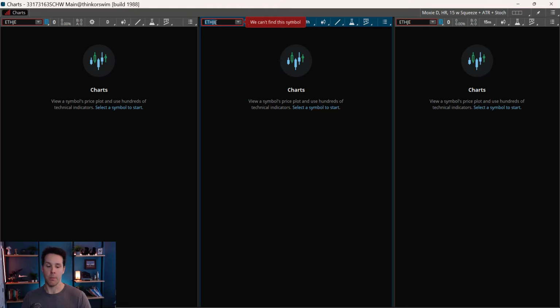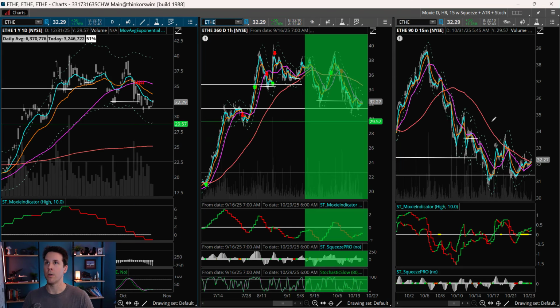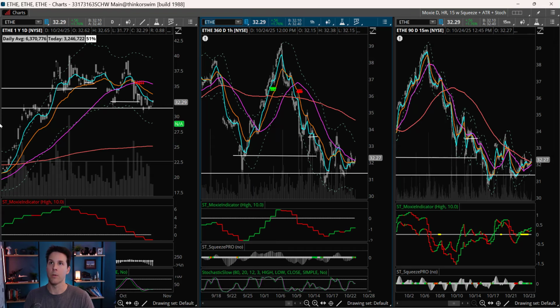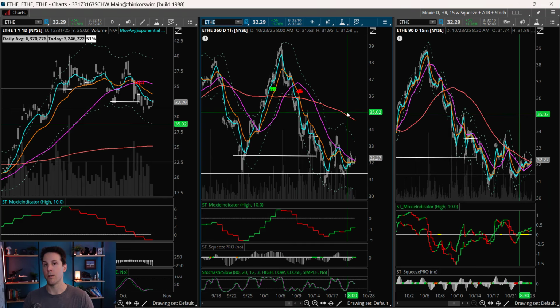And if we look at Ethereum, I think Ethereum also, if you look here, you can see it's now on some support. So you can see right there, hitting some support. And I think this is putting in a low, and I think it's going to start turning back up too. And if you just look at the weekly chart, also on Ethereum, what's it doing? It's sitting right on a moving average support as well on the weekly chart. So I think these things are going to start moving up.